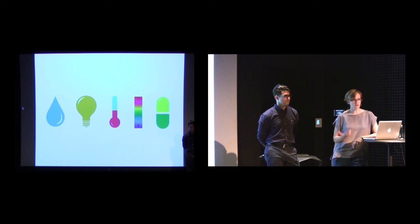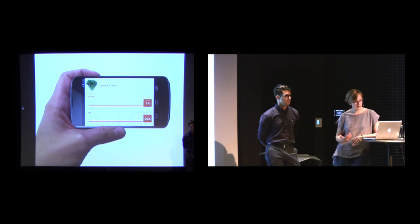But if I knew what I was doing wrong. If I had something that could actually tell me, hey, you're watering them too much, you need to provide more sunlight or less sunlight, it would help me a lot in how I'm actually growing my plants. So the idea is that all of these sensors are feeding into a database that gives personalized recommendations